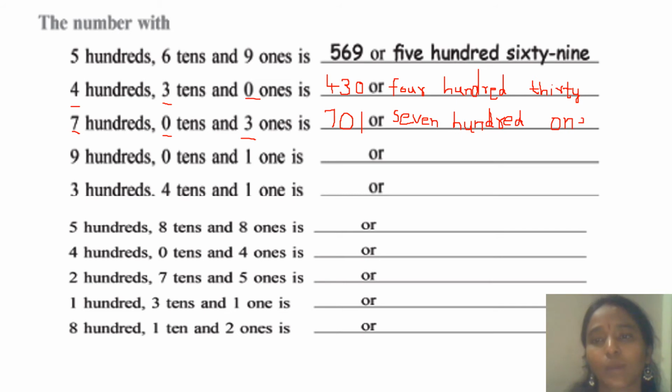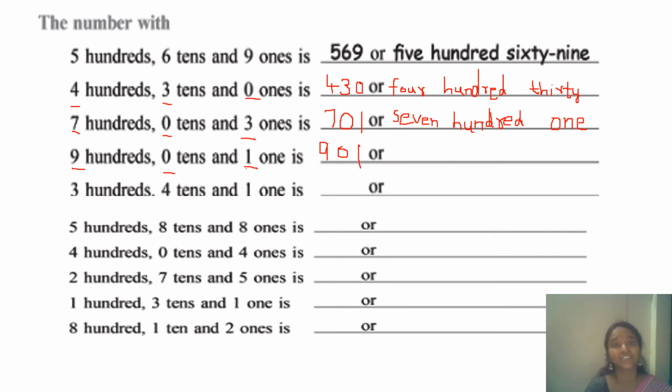Okay. Now coming to the next one. What is it? 900, 0 tens and 1 ones. So what I'll write here? 901. Okay. Now you write the number name for this, and the remaining ones write the numbers and also the number